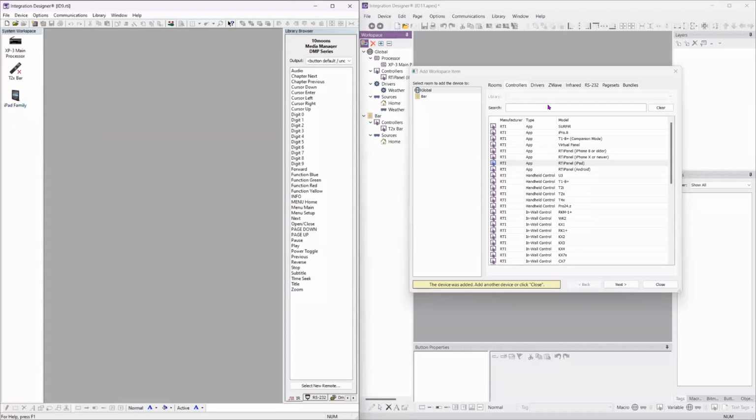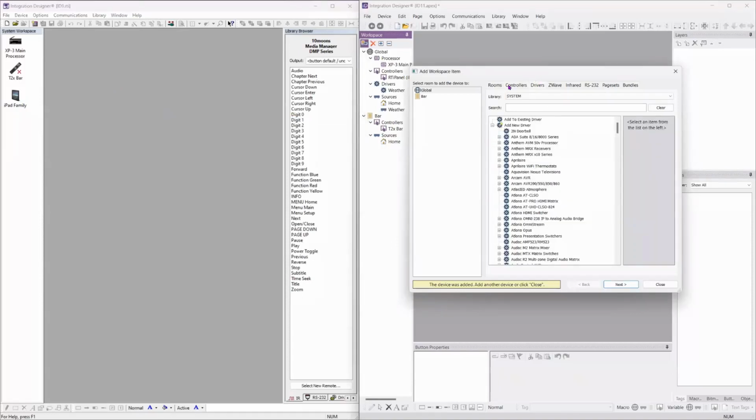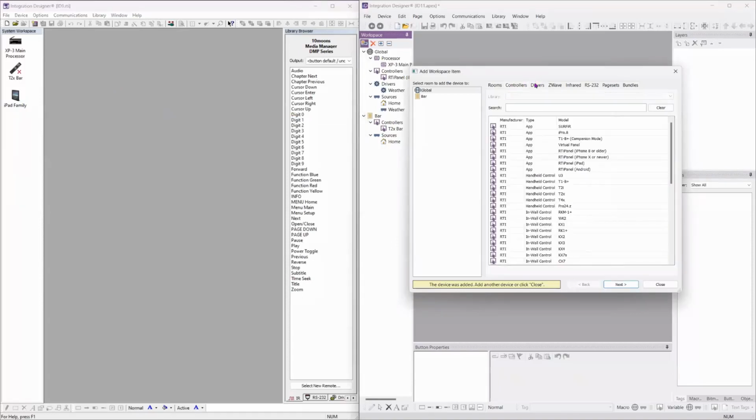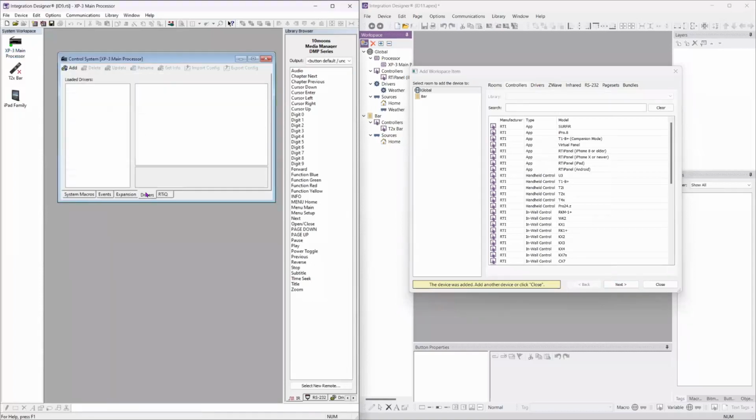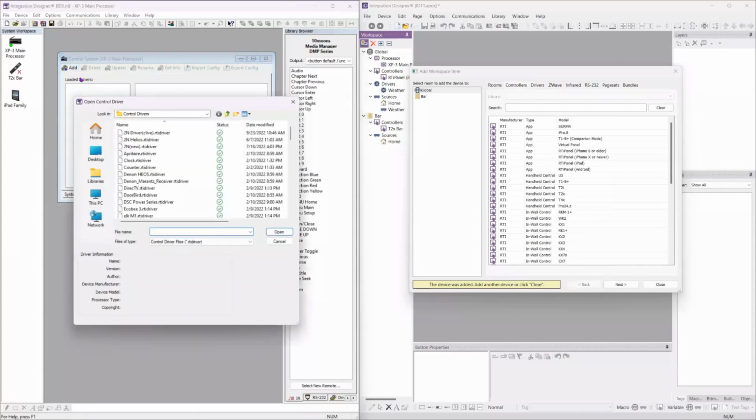Now, you'll notice the next tab in the workspace is drivers, and very similar to Integration Designer 9, we want to add these in. But the beauty of it is that they're going to be in Integration Designer 9. We open that window up. We have to go to the drivers tab, and we have to add them in. Now, here's the hard part: you go to the word add, and you have to have downloaded all of these drivers onto your computer already from the RTI website